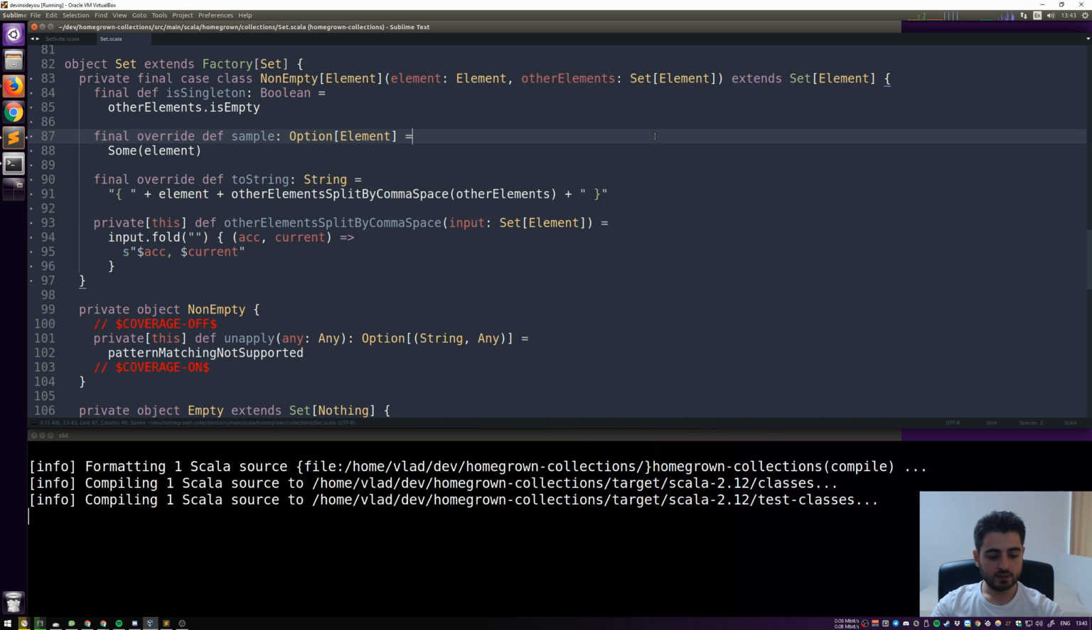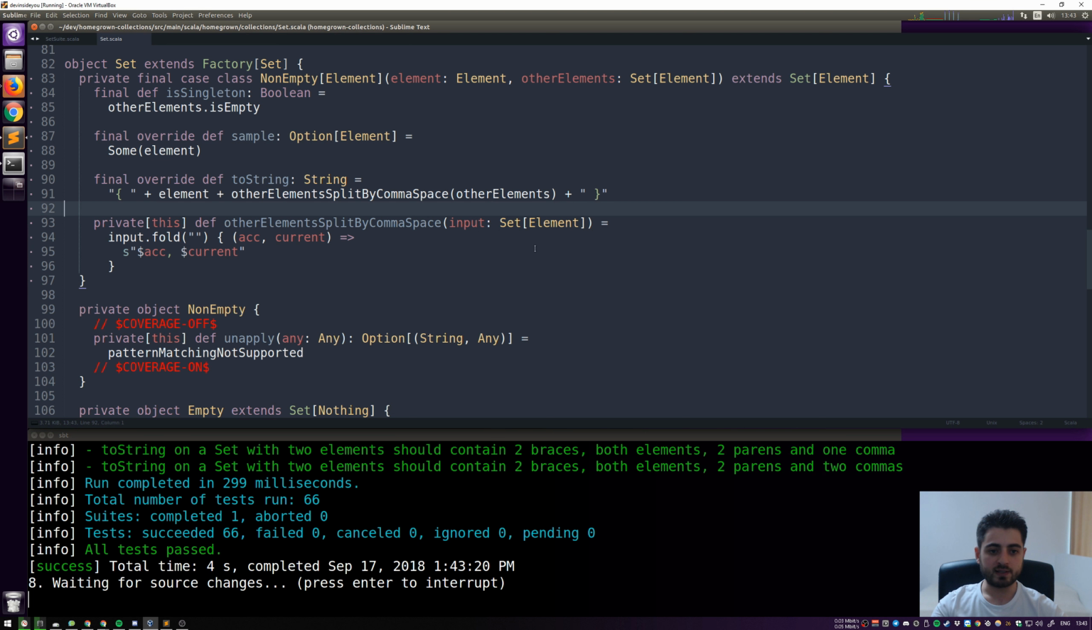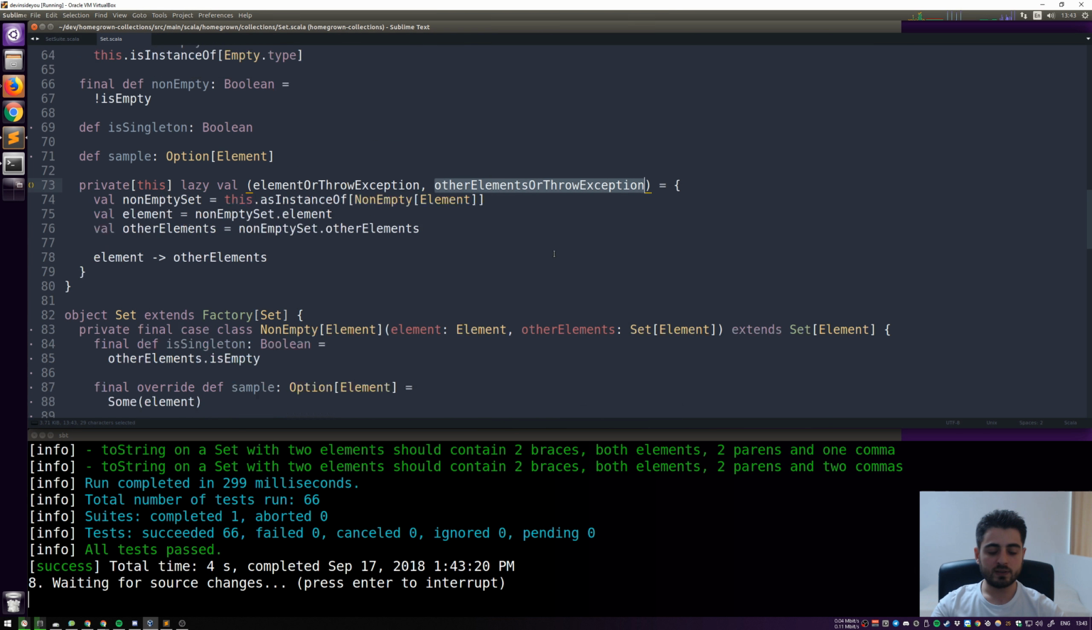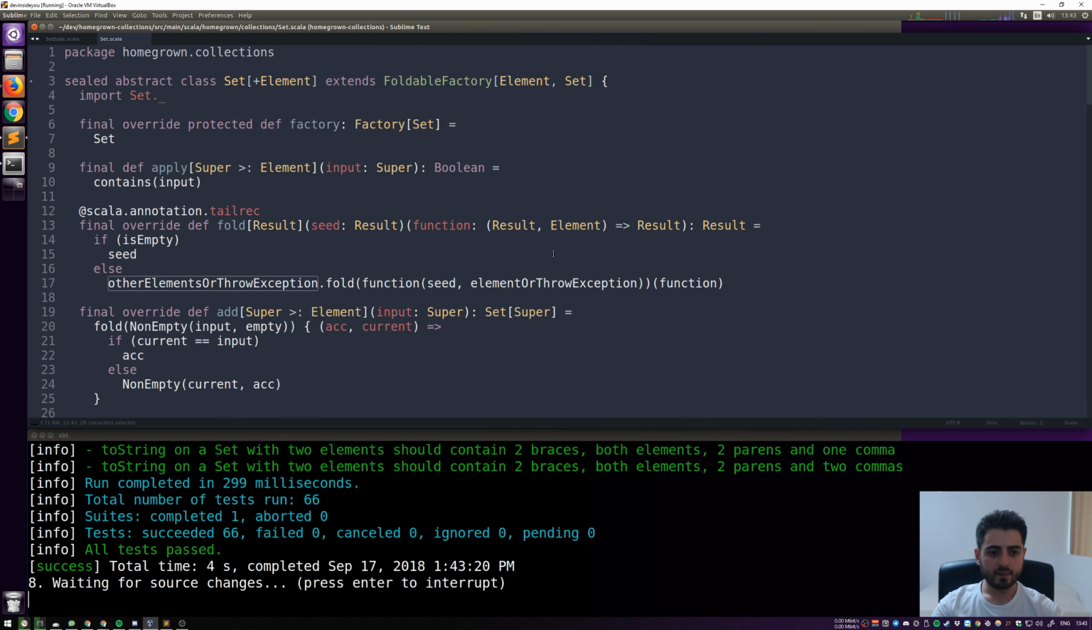There we go. Compiling. Is it faster than before? I don't know. Anyway, okay, everything passes. Okay, so let's see this one. Okay, fold seems to be the last one. Fold is going to be the only exception, and it's going to become clear only in the next few